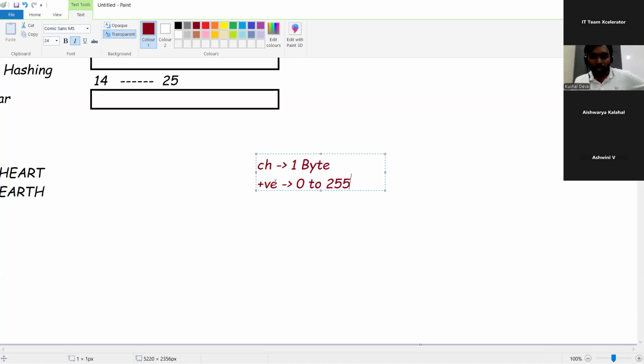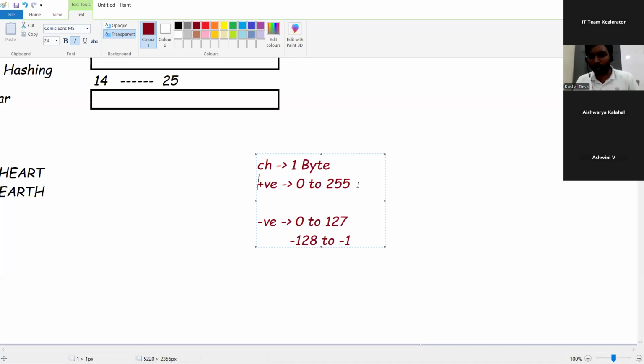So if I only consider the positive values, 0 to 255 comes into the picture, meaning 256 values. If I consider both positive and negative, 128 would be positive and 128 would be negative. So 0 to 127, and of course you start from minus 128 to minus 1.